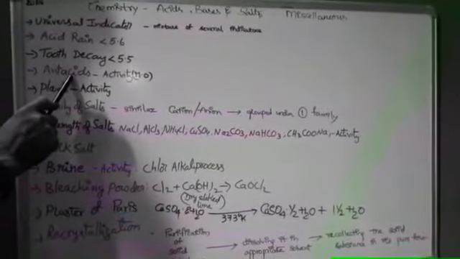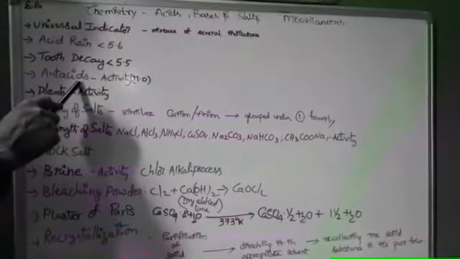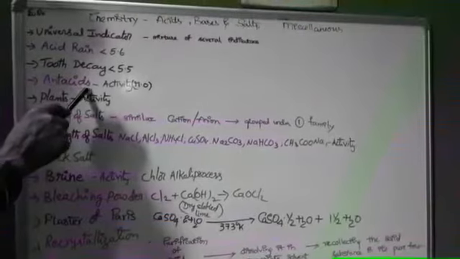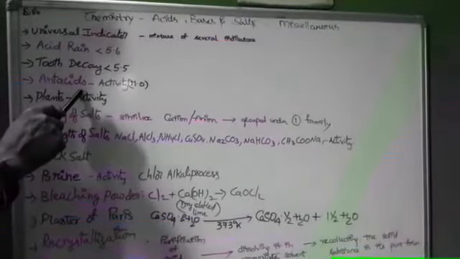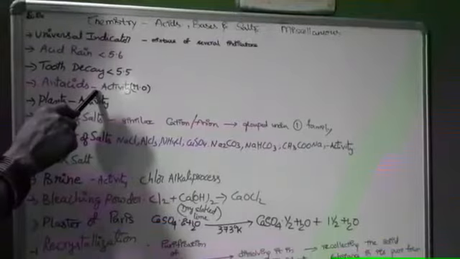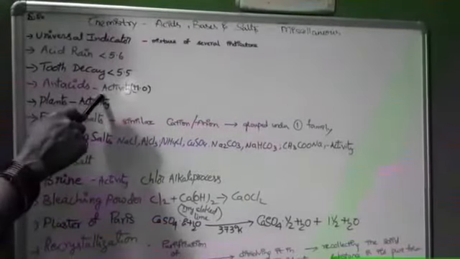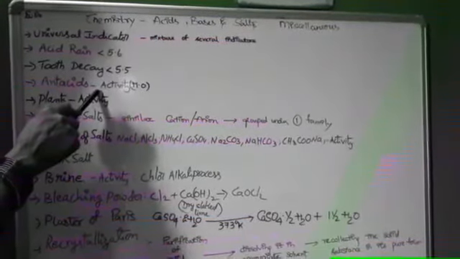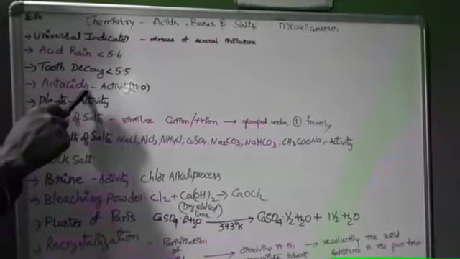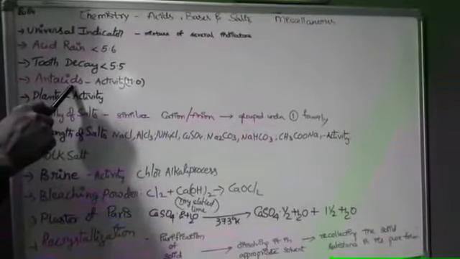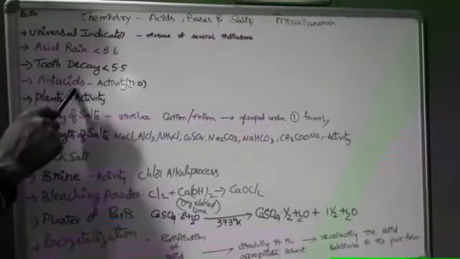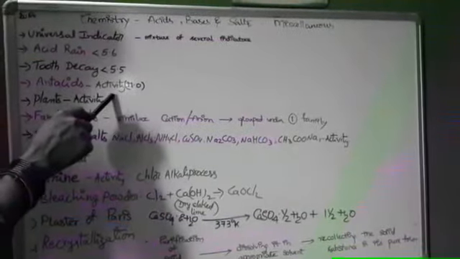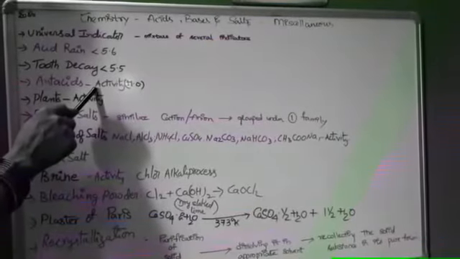Antacid is a substance which we use when indigestion takes place. Normally, in a healthy human being, HCl is released in the stomach to digest the food. At the time of indigestion, more HCl is released. Because of that, we get pain and irritation. To counteract that, we take antacid tablets. They are basic in nature. When they react with acid like HCl, they neutralize it and we get pain relief.